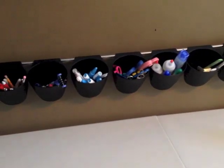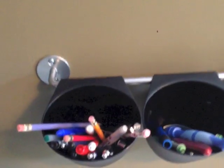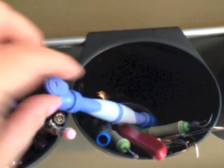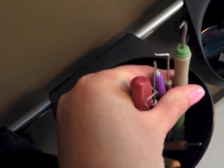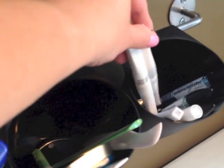So we picked this up at IKEA. I think the bar was like $3 and each basket were on sale for 99 cents. And I thought it would just be great to store some more of my tools and things. Usually where I work is right where I've hung this, so it's right handy within reach. Scissors, glue pens, glue, tools. I've got my Wink of Stella markers and my metallic